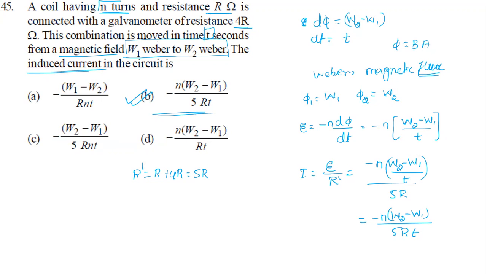Here we found one confusion. We thought it was a magnetic field and started looking for an area, but the area is not given. But they have given the unit in Weber, and Weber means it is already given as magnetic flux, so there is no need to find an area. So observation is very important here. Is the question clear to all of you now? Let's move on to the next question.